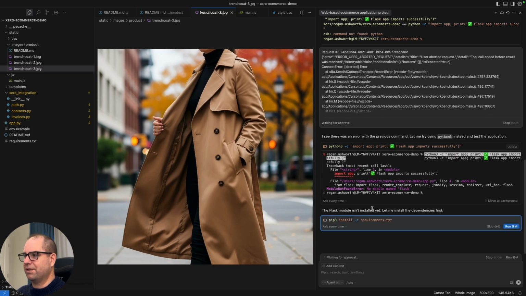The Flask module isn't installed yet. Let me install the dependencies first. Actually, I don't want to install the dependencies now, and you shouldn't either. You should set up a virtual environment. You don't need to know how to set up the virtual environment because you have an agent here that can help you do it. So we can say, first, could we please set up a virtual environment